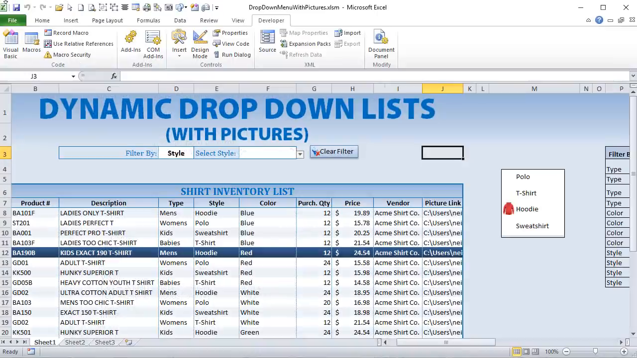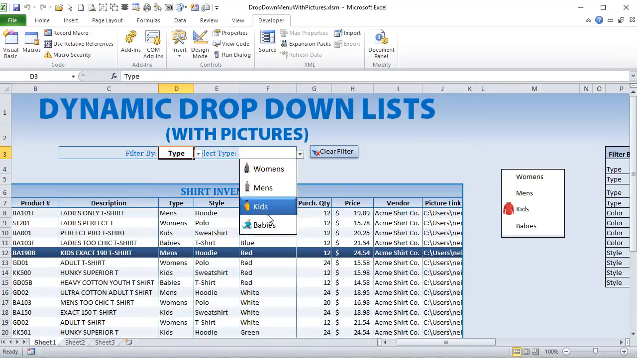So for example, if I change this style to type, that list is going to get rebuilt. So you can see men's, women's, kids, and babies. Whereas if we change it back to style, it's going to rebuild the list to polo, t-shirt, hoodies, and sweatshirt. And likewise on the color, we're also going to see red, white. So it gets rebuilt each time,